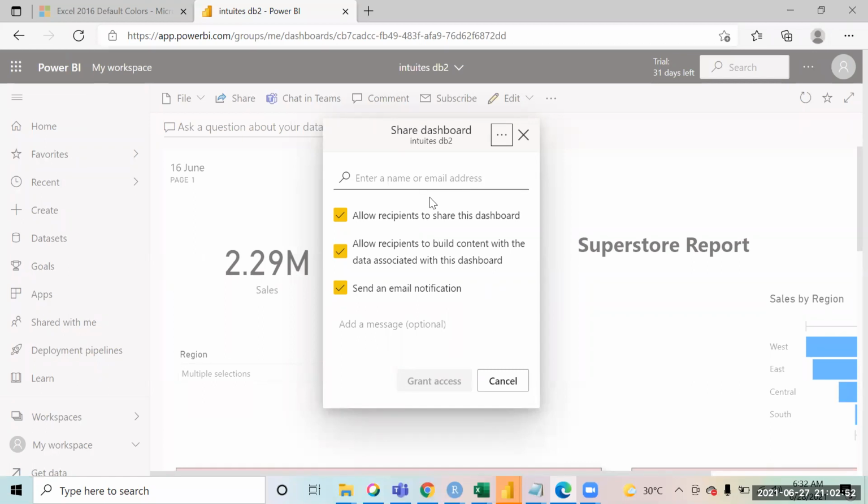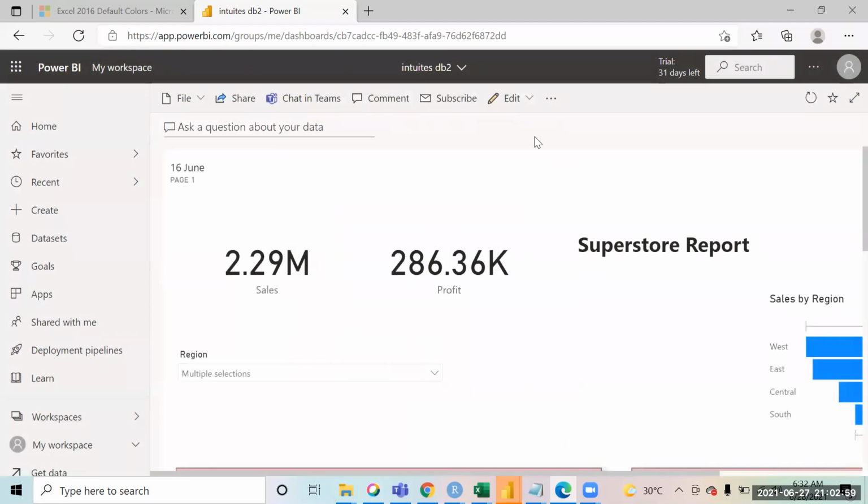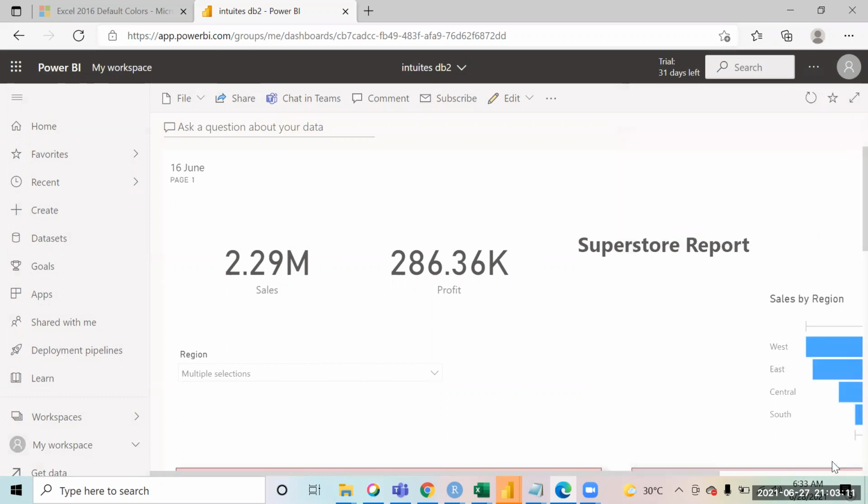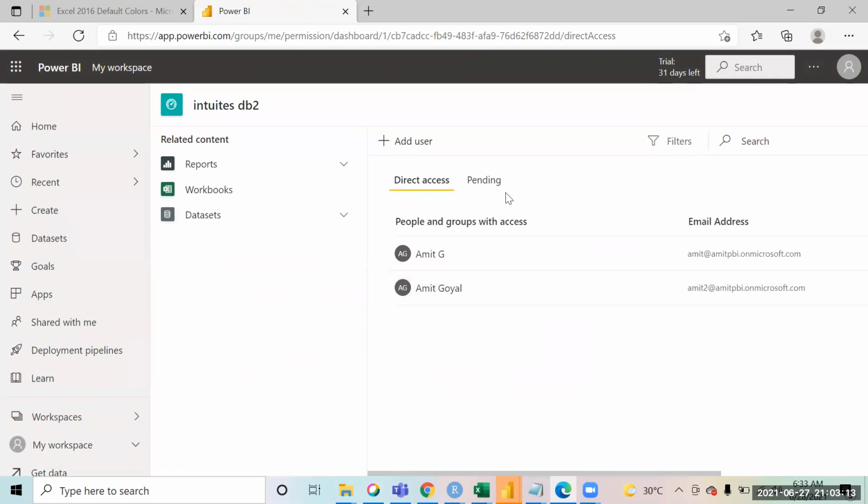So in this manage permissions, what opens up? There's the access, like who or what people have access to it. And can we right click on the name to do some advanced action on the accesses given? So you will have this over here. This is the report access, this is the workbooks and the data set. This is where you can add some users into it.